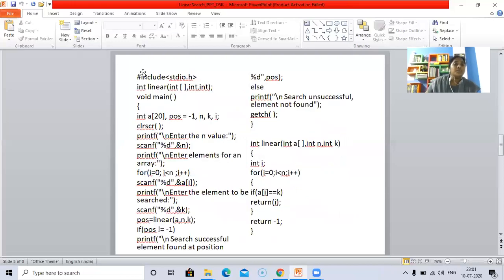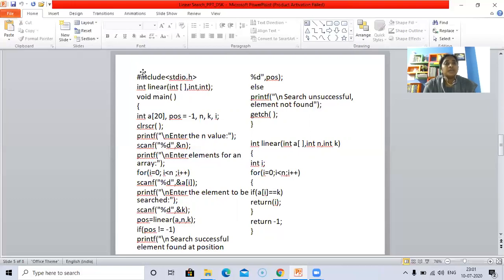Now this is a simple program to find linear search using the functions concept. Here we have included three parameters. One is the array, the second is the array size, and the third parameter or argument is the key element which you want to search for.